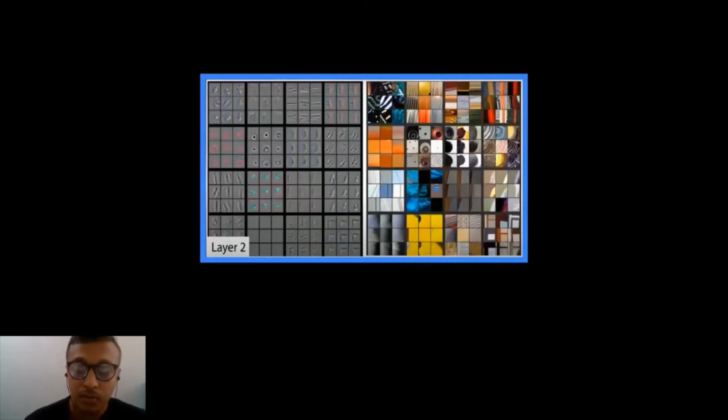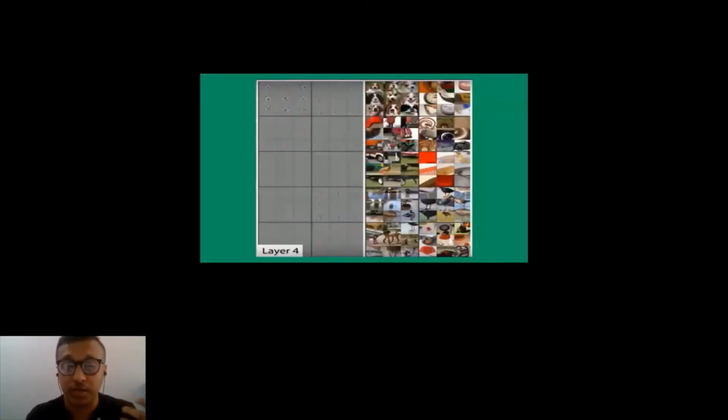As we move forward with the layers, once we get an output from the initial convolution layer, we pass it to the next layer. In the next layer, the layer has already learned its edges and all, and now it's learning more prominent features. As you can see with the dogs, the model is able to detect the very important features of a dog. You can see the nose has been recognized very properly.